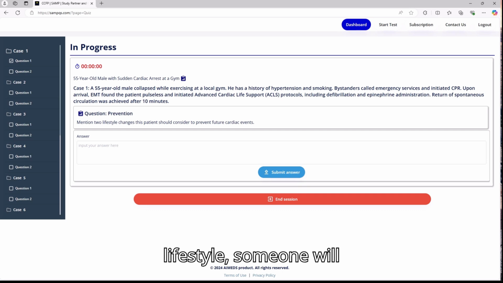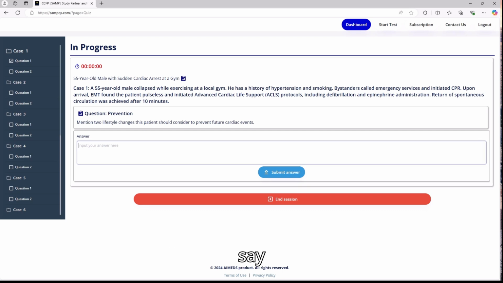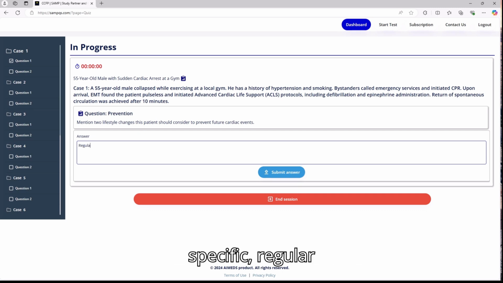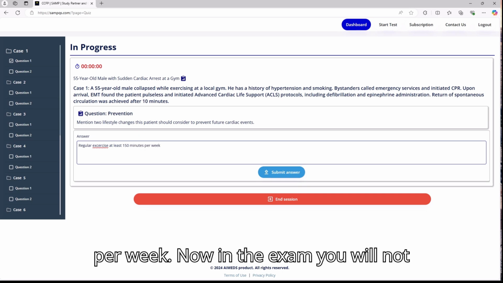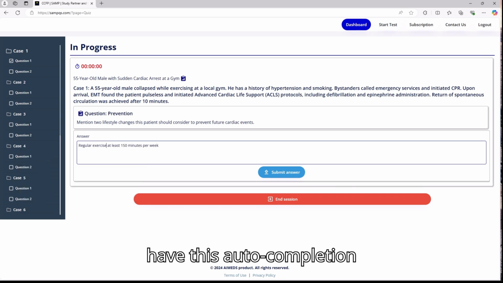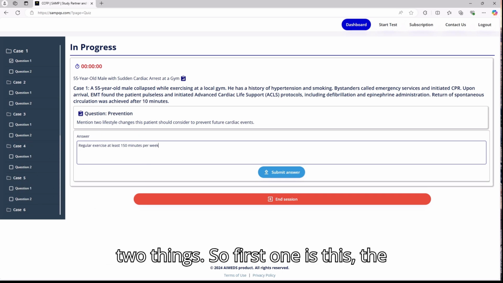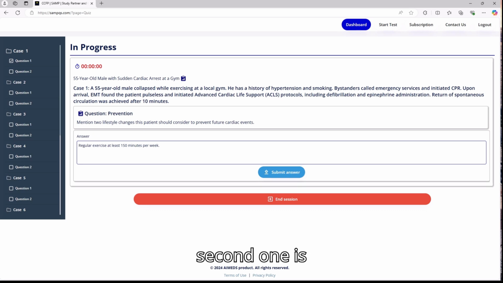Someone will say regular, and this has to be very specific: regular exercise at least 150 minutes per week. Now in the exam you will not have this auto completion feature, and don't forget there are 2 things. So the first one is this, the second one is